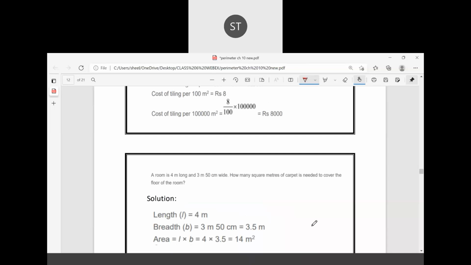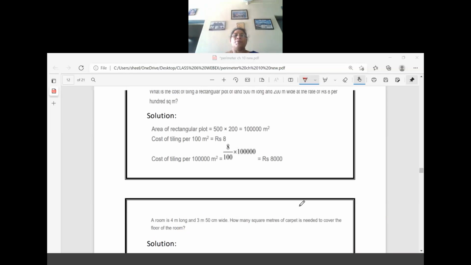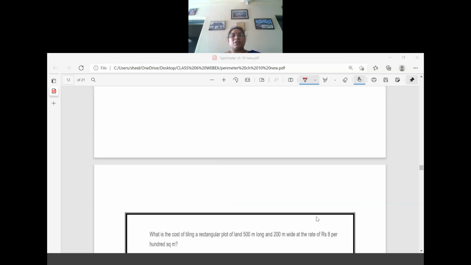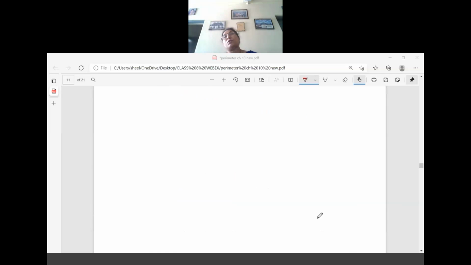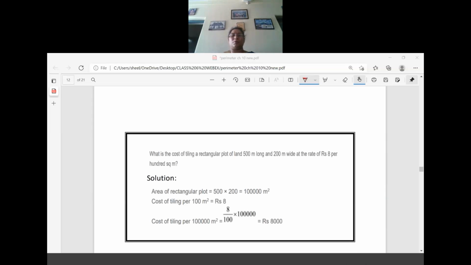We are going to do today the extra questions and some more questions on what I explained in the last class. Perimeter means the length of the boundary, whereas area is the region enclosed in a closed figure. Now, we have calculated how to find perimeter and how to find area. Some more questions we have to do now.